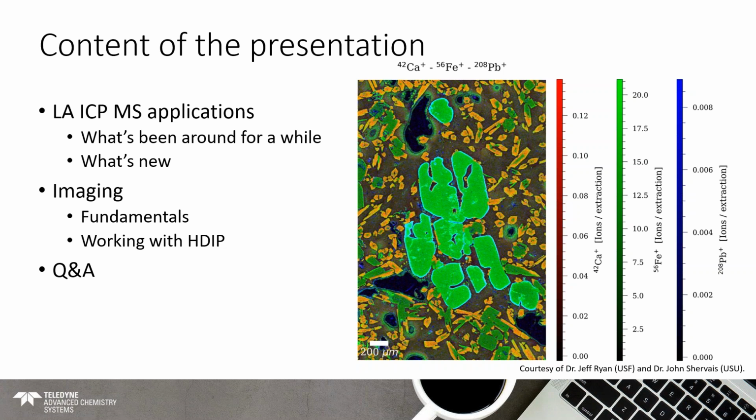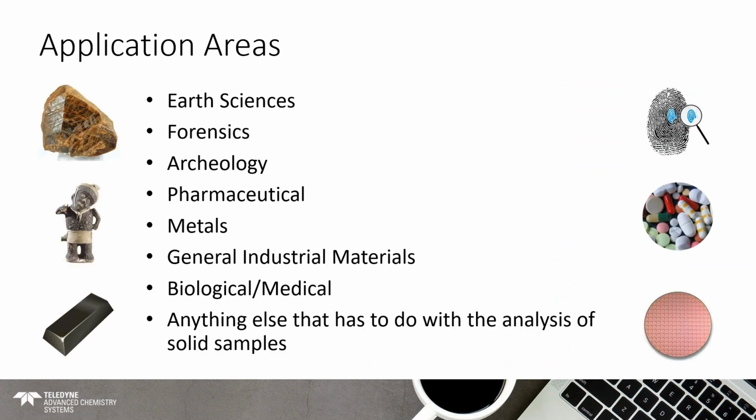And by looking at the fundamentals of imaging and the application in general, I'll show you how to use Photon Machines HTIP software to design the imaging experiments. So start from scratch, basically, and then generate the image, and then work with the data sets once that data is acquired. As I mentioned a little bit earlier,